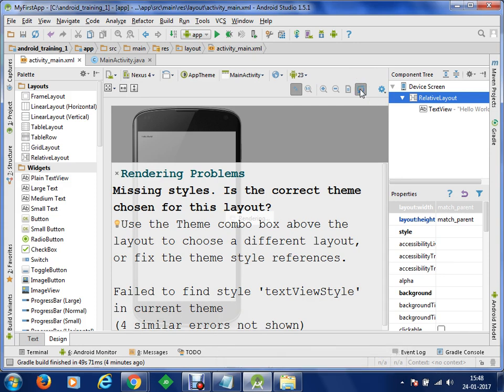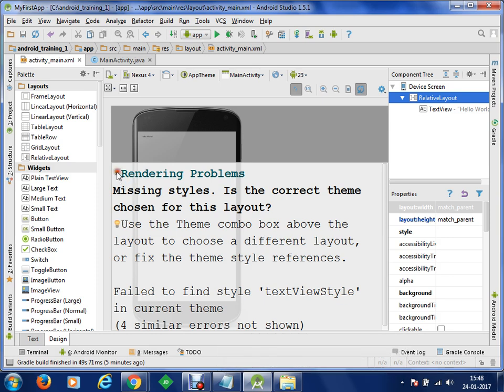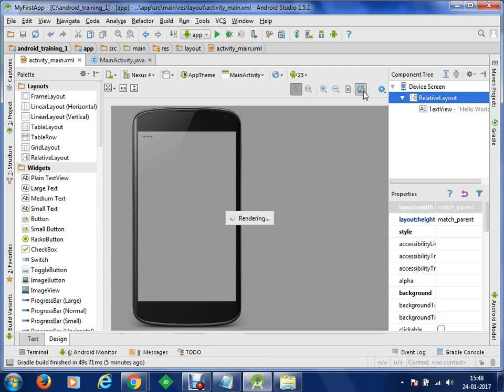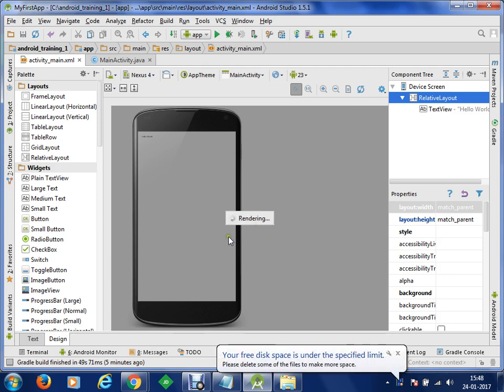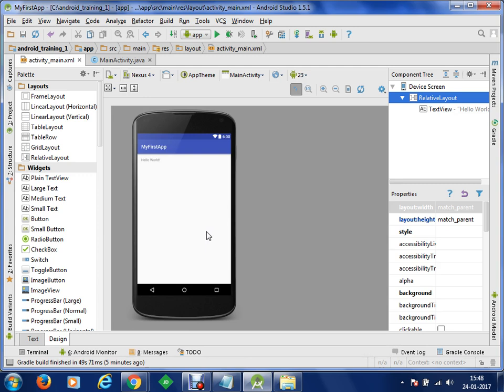I've just clicked this refresh, and you can see that it started rendering again. As soon as the rendering completes, you will be able to view your user interface here, like this.